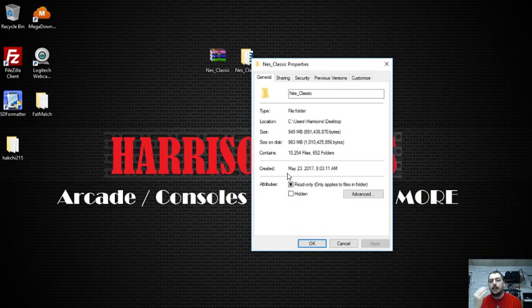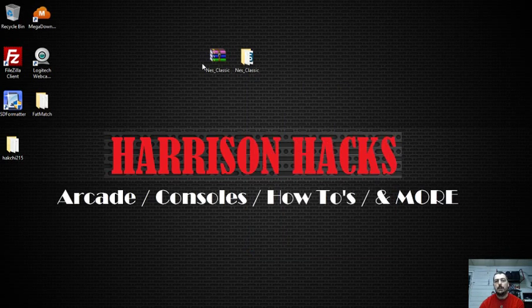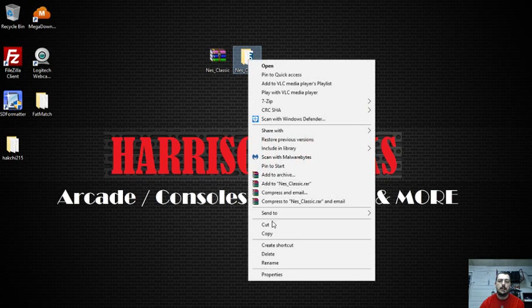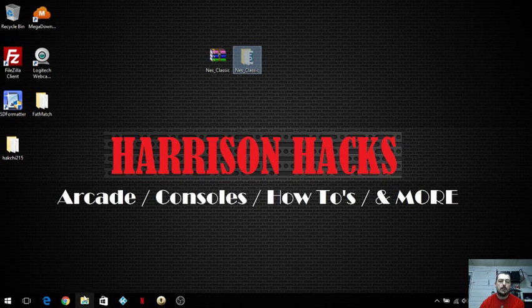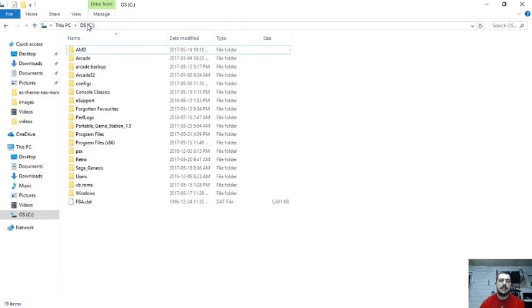So if you've got a smaller hard drive, or you just want to run this on an older computer, then it's perfect. It won't take up a lot of hard drive space. Once you've extracted your folder, you're going to want to cut and paste this into the root of your C drive. If you remember my Sega_Genesis build using Emulation Station, this is the same thing,